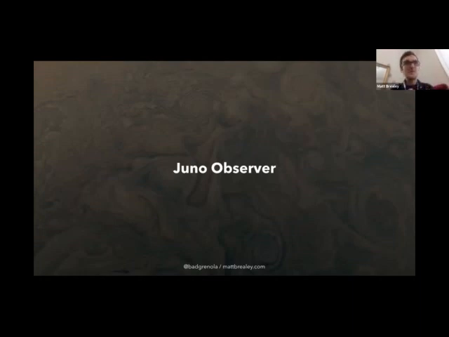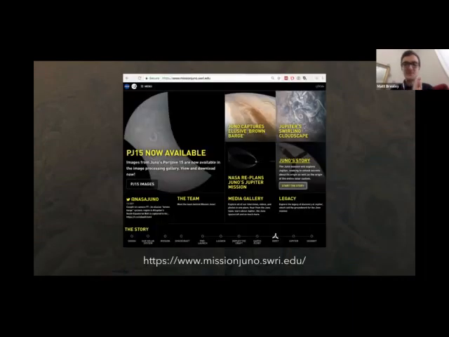And so I thought, wouldn't it be fun to take an image data set and allow you to view the whole thing in your browser in 3D around a version of that planet that it was taking photos of. When I was looking for data sets that might meet these criteria, I came across the Mission Juno website. This is an amazing website put together by the Juno team that outlines a lot of things about the Juno mission, stories about all of the instruments, how it actually got into orbit around Jupiter. But importantly on this site, you can also download a whole bunch of raw data from one of the instruments,